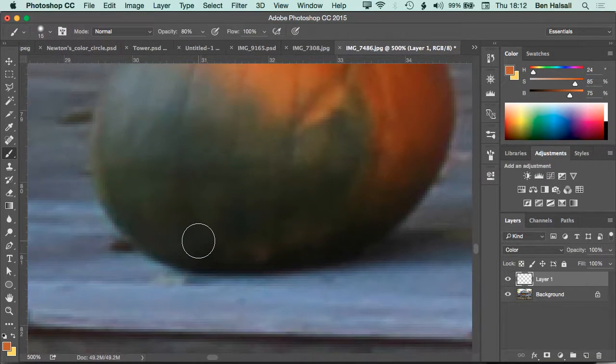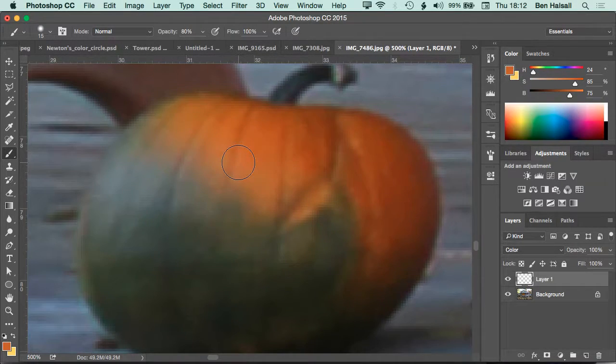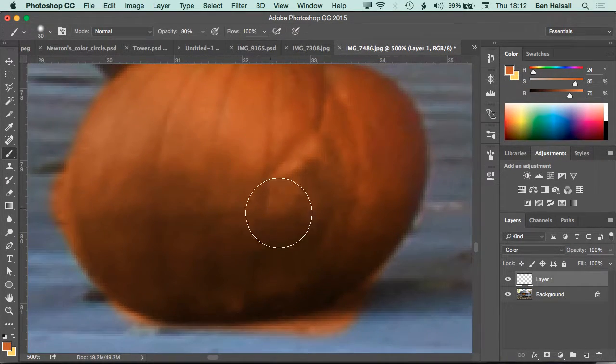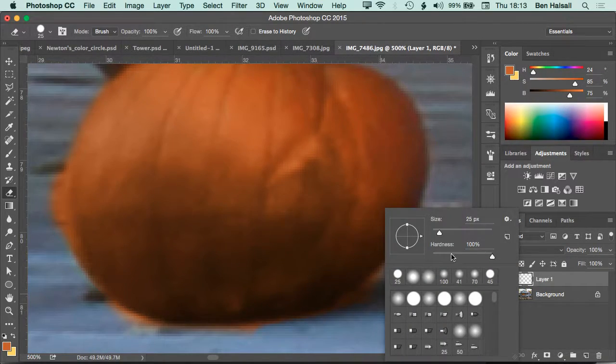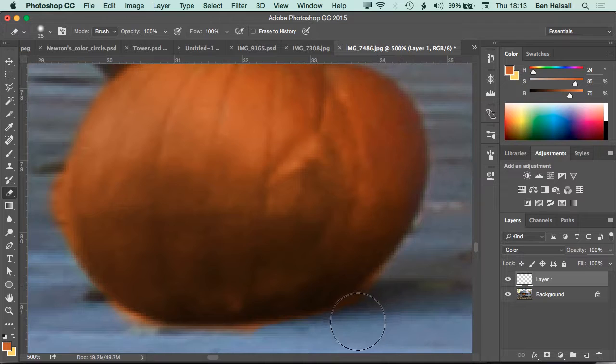And actually I used an 80% brush on that, so I'm just going to fix this by brushing over the edge. And then erasing it from the edge. I don't use the eraser much, I tend to use the adjustments, but